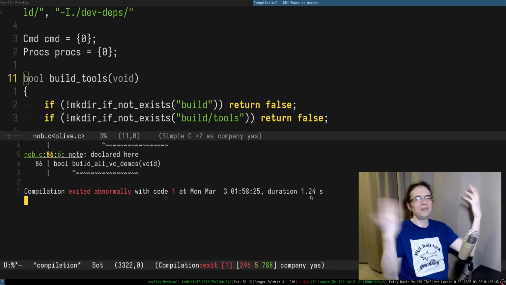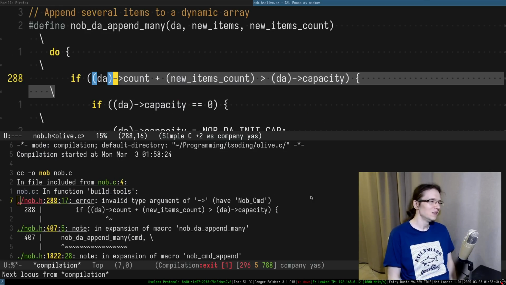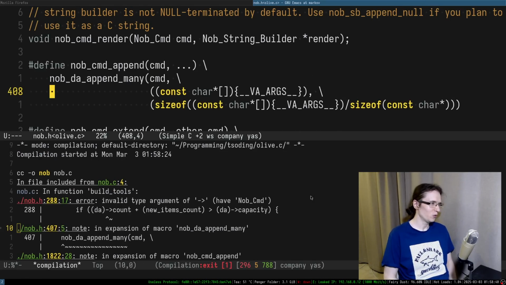Can your C++ with its template errors do that? I don't think so. All right, so let's actually go through